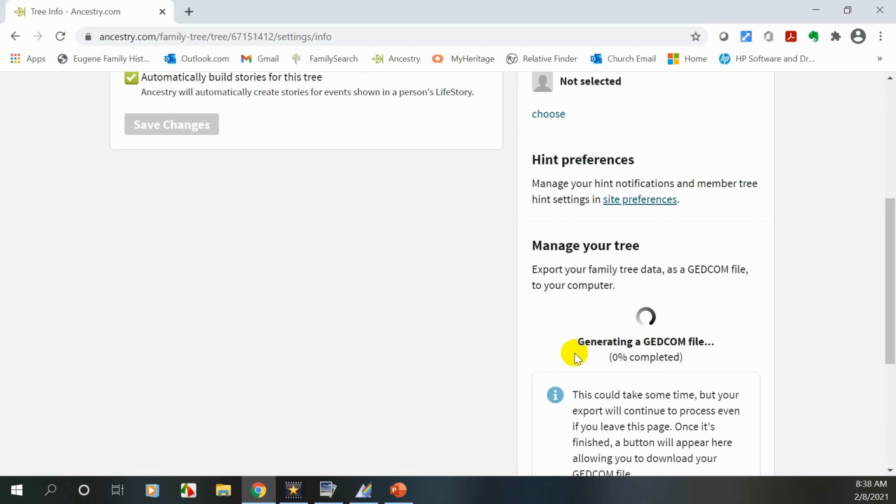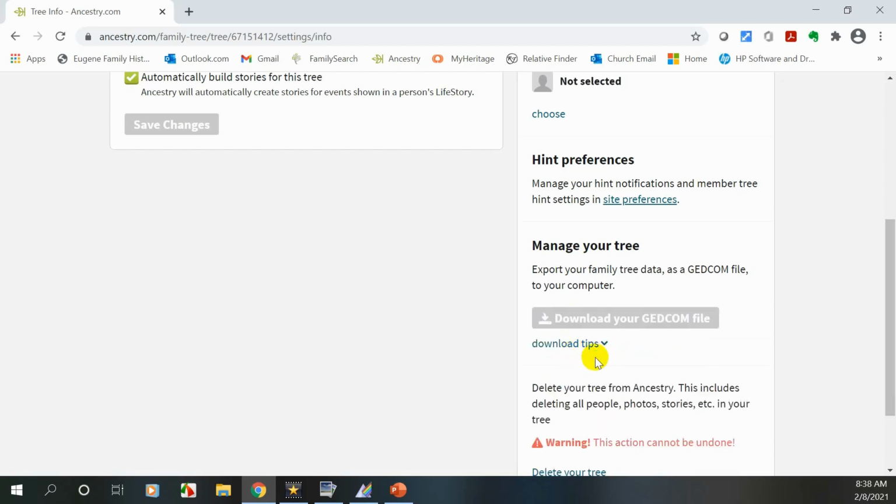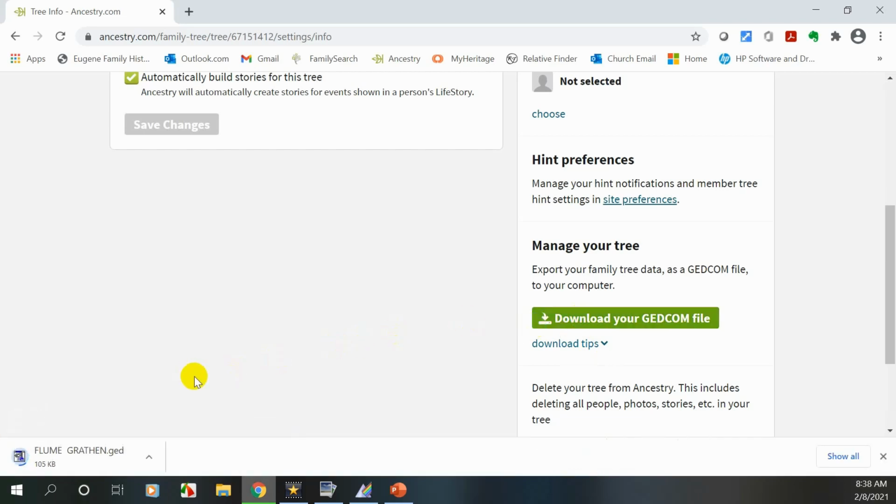Now, I don't know quite how long this will take. Let's give it a second or two. Okay. Then what I can do is I can download this GEDCOM file, and let me show you what it kind of looks like. And you can see over here, it has the name of the tree and it has a .ged. Now, what I can do then is I can take that file, which is a copy of my tree on Ancestry. I can go to FamilySearch,